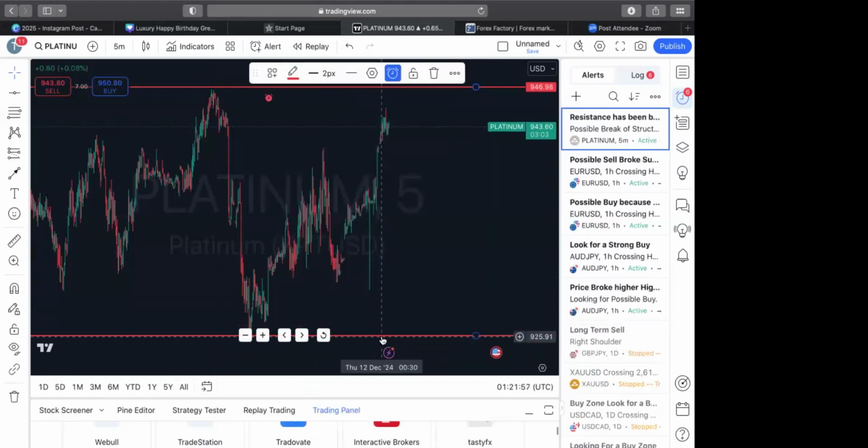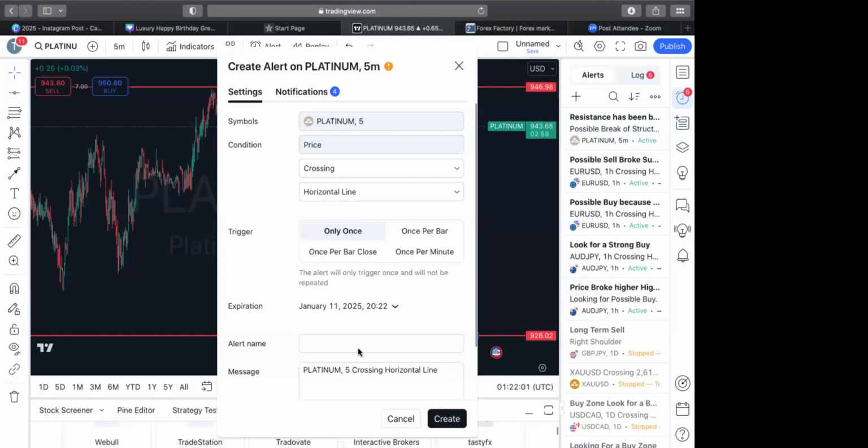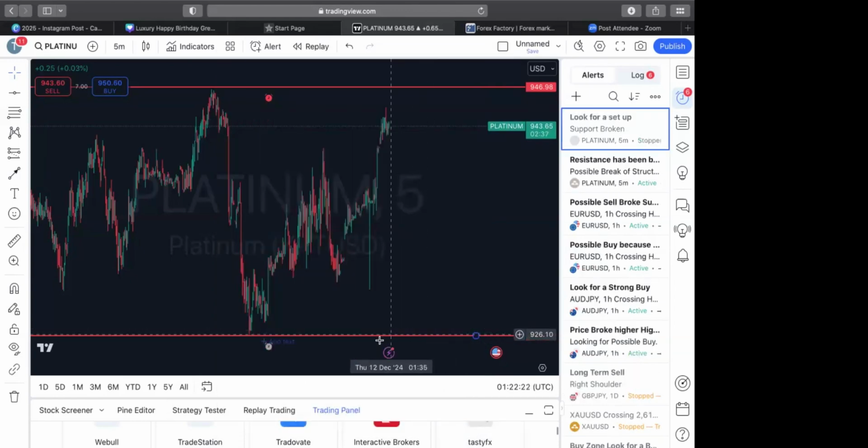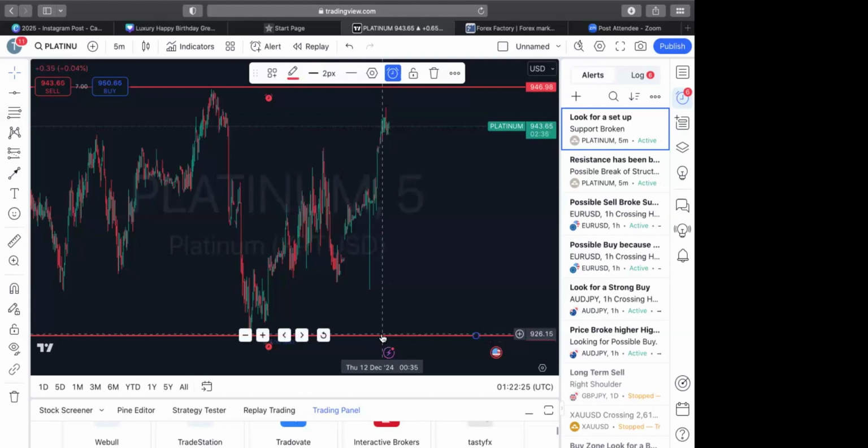Right, and then I put an alert down at the bottom. Right, so this right here is the bottom. This line right here is called the support,